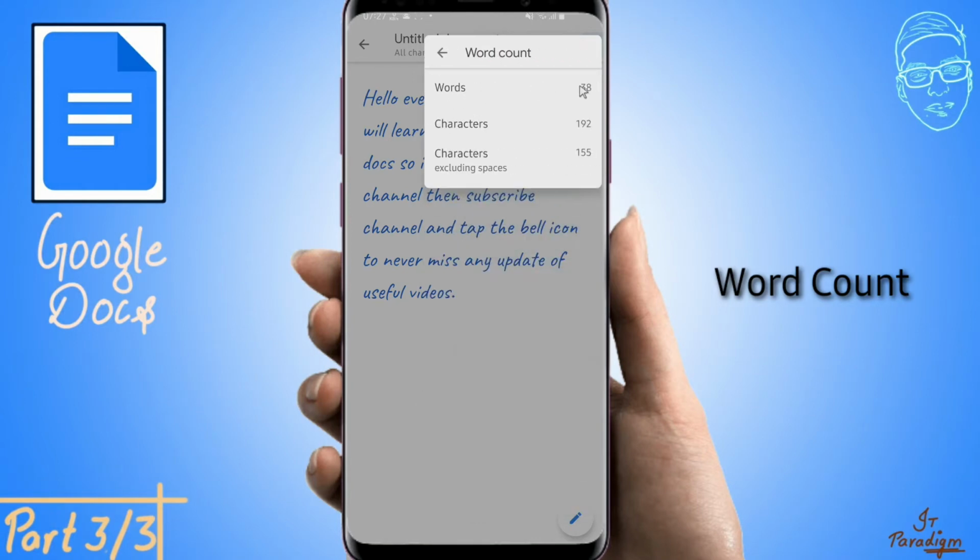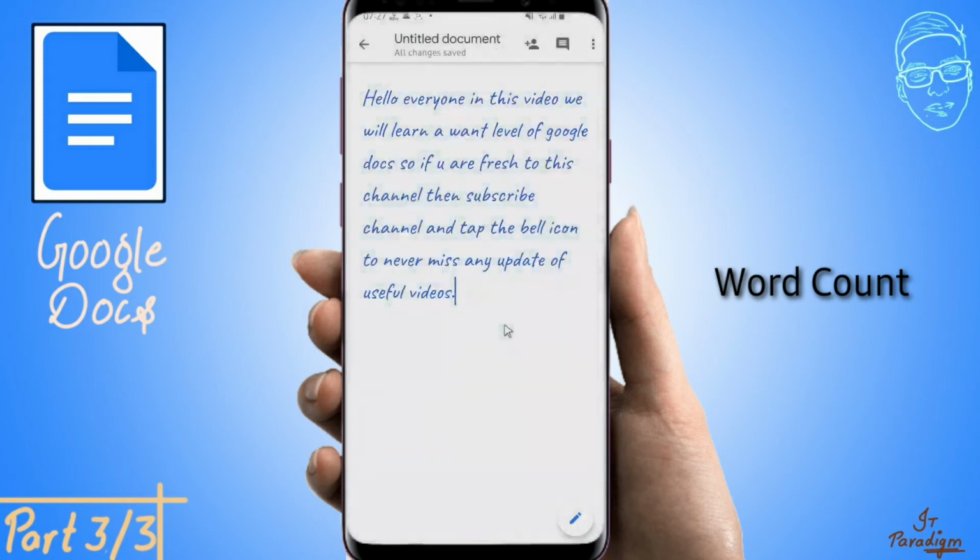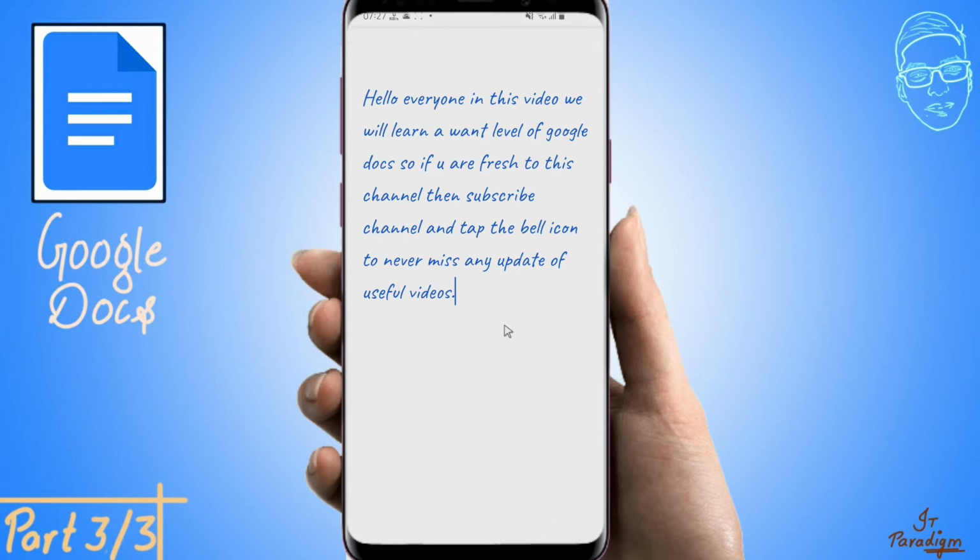We have words 38, characters 192, and characters without spaces we have 155. Easy. So the same option we get on desktop or PC also, like if we press Ctrl+Shift+C, we can perform word count.